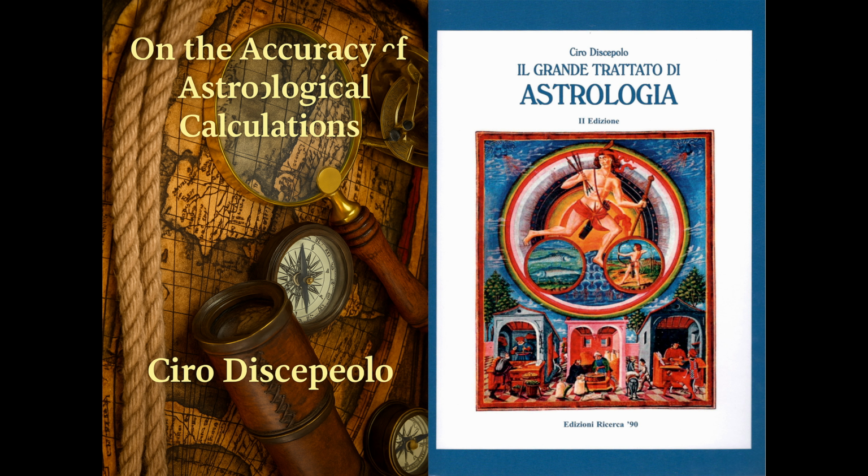www.cirodiscepolo.it/enormedatabase2.pdf. Now, let's think for a moment about the problem of geographic coordinates. As you all know, for the correct construction of a natal chart, or a solar return, lunar return, etc., it is essential to establish the precise location of a birth or return. Here on Earth, to establish this parameter, we use geographic coordinates, longitude and latitude. Longitude can be expressed in both degrees and hours. For example, 15 degrees corresponds to 1 hour, 7.5 degrees to half an hour, and so on. So the 360 degrees of the circumference of each parallel correspond obviously to 24 hours, while latitude is expressed exclusively